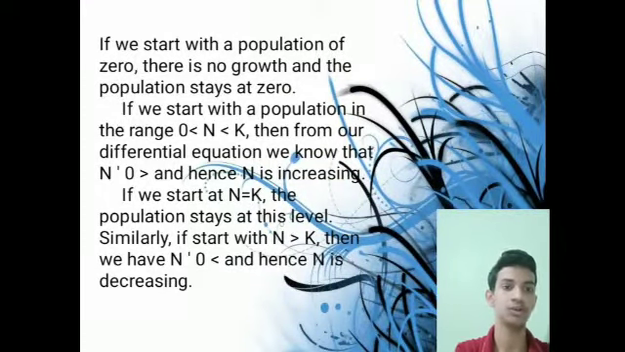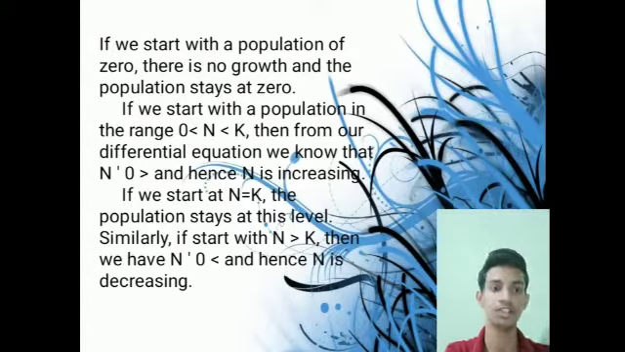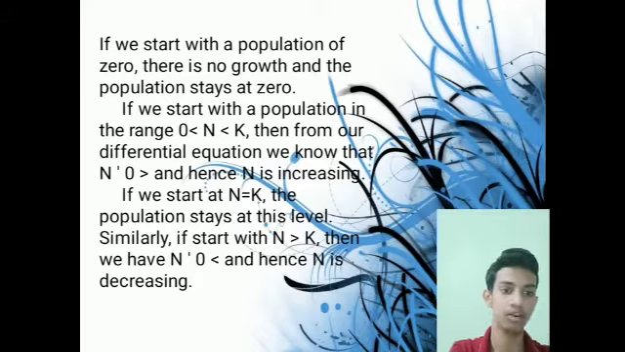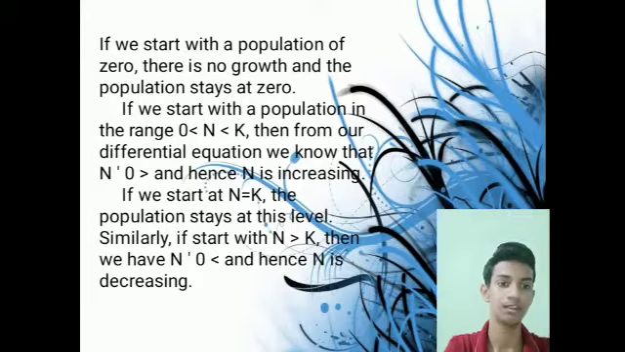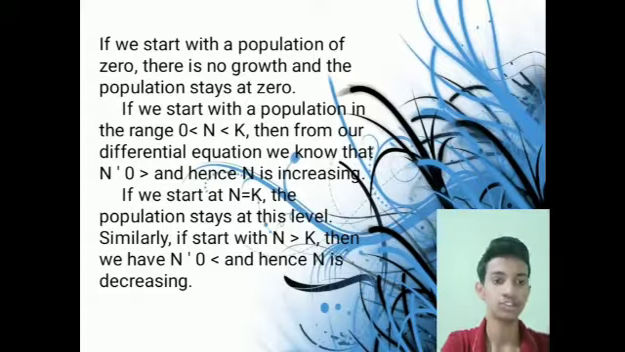If we start with a population of 0, there is no growth and the population stays at 0. If we start with a population in the range 0 is smaller than N is smaller than K, then from our differential equation we know that N'(0) is greater than 0 and hence N is increasing. If we start at N equal to K, the population stays at this level. Similarly, if we start with N greater than K, then we have N'(0) is smaller than 0 and